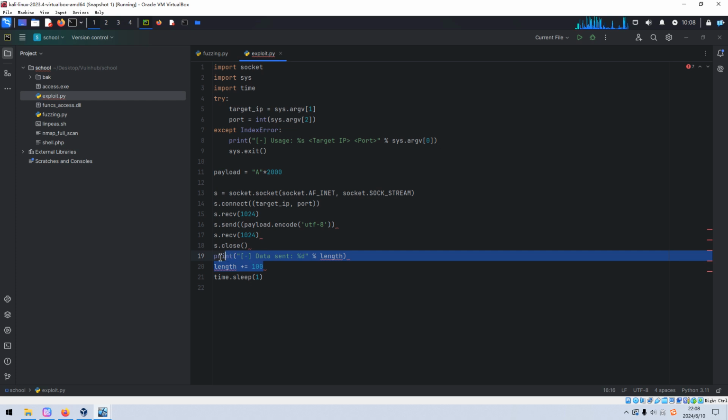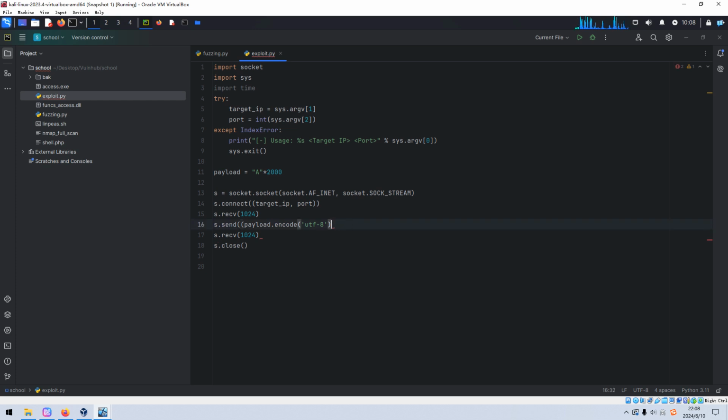Okay, and we do not need this information. Okay, so now I think we can use Immunity Debugger to test this software.